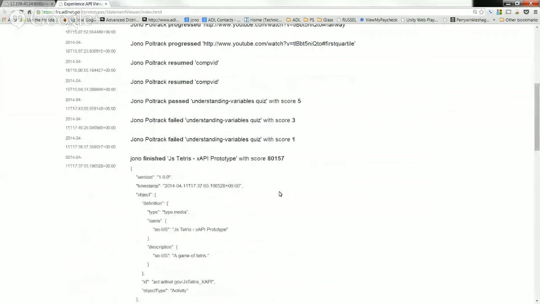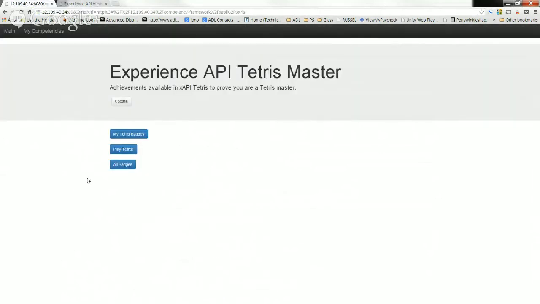So let's say you look at this one. Down in the extensions, you have things like the levels, the lines, how long you played, as well as the result of the score. So there's more information there, and you can kind of get the idea of if you could do levels, somebody's ability more than just I passed or I failed, but I am an expert, or maybe this is my first time playing, so I might have gotten a few lines, but I'm not doing that great. You can give kind of a scale on how well they play Tetris.